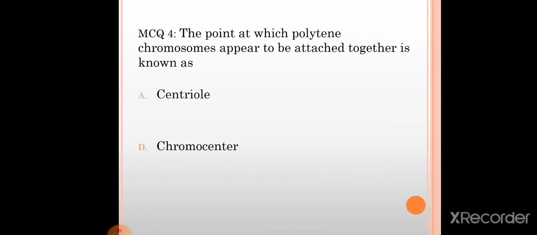Then the fourth one: the point at which Polytene chromosomes appear to be attached together is known as a centriole, a chromocenter, a centromere, or a chromomere. What's the right answer? It is a